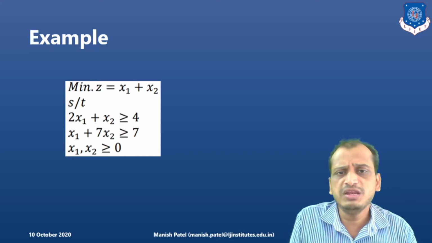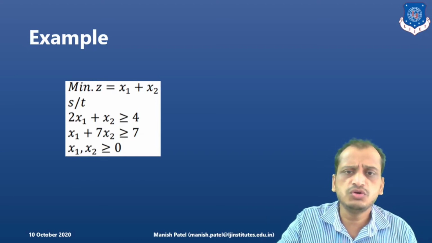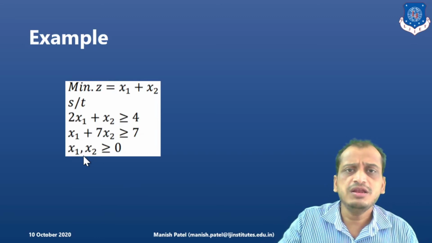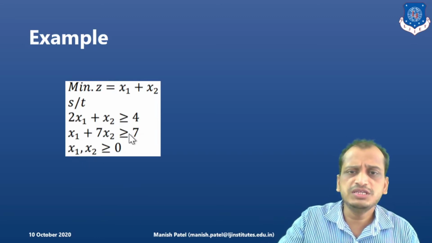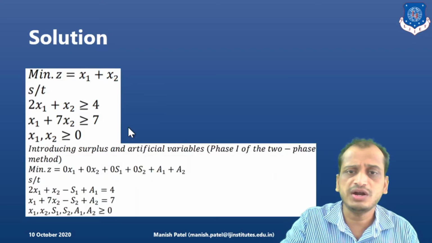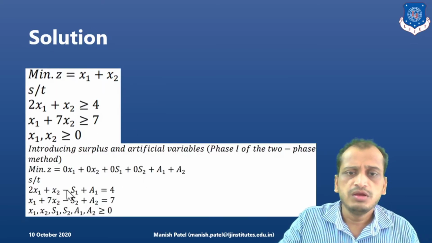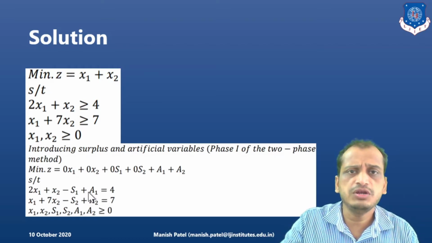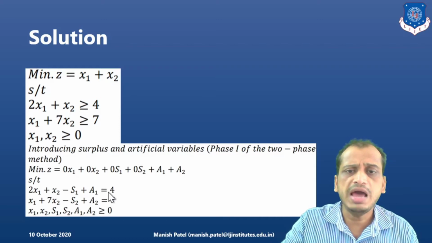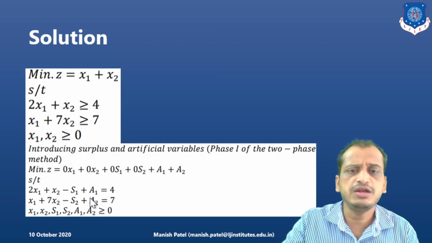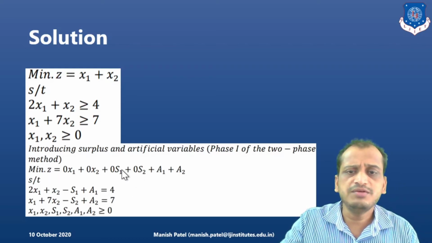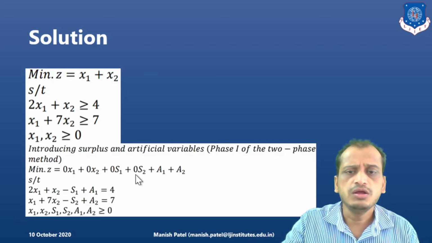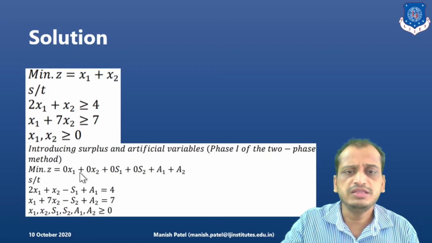So here is a minimization problem of x1 plus x2 subject to two constraints, along with the non-negativity constraints. If you carefully see, there are two greater than or equal to signs, so we have to use two artificial variables. So in the constraint we have introduced minus s1 plus a1, a surplus variable and an artificial variable, because of the greater than or equal to sign, to balance the equation. Same with the second one, a2. Now these two have no contribution. Here, minimize z, because we have to minimize these artificial variables, and the slack variables have no contribution whatsoever. So that is our initial phase, phase 1, and this is the standard form.